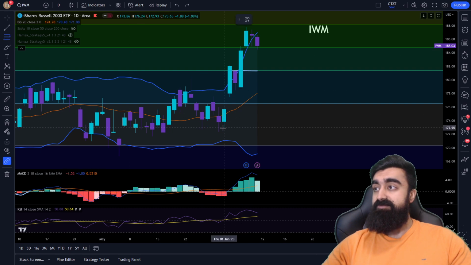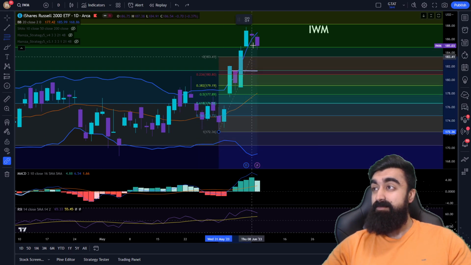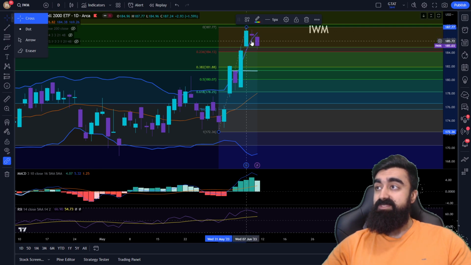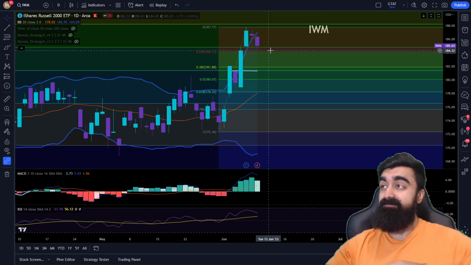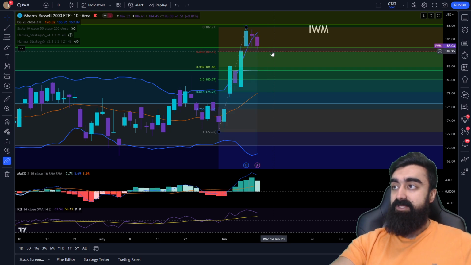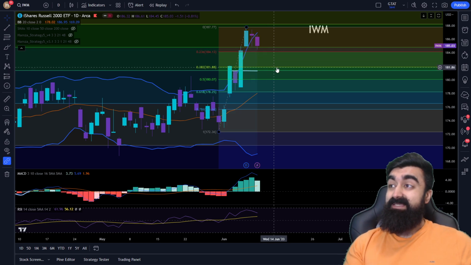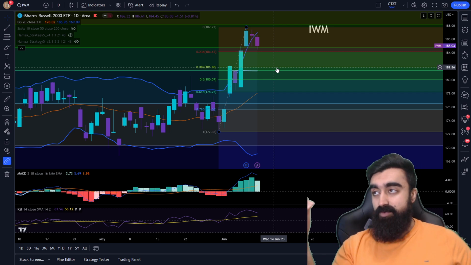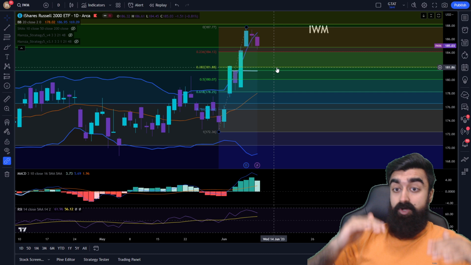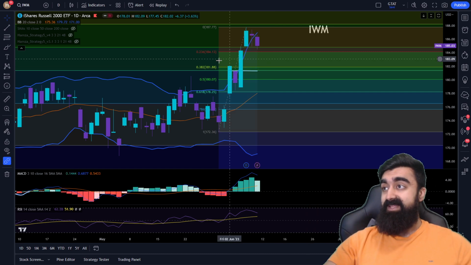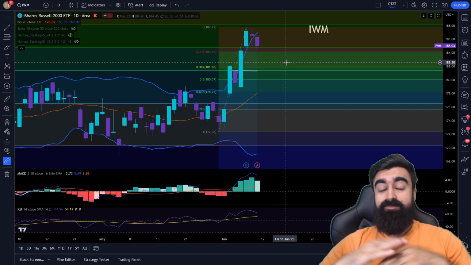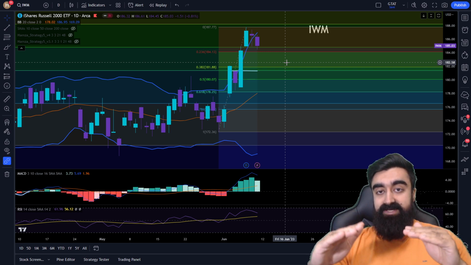What we can do to further look at this is we could take a fib level from the recent lows to the recent highs, and we can see that at 23.6% fib, we haven't even come and retested that level yet. But in general, it makes sense to come and retest the 38.2% fib, which again is even below 182, 183. That's at 180, 188. And a retest of the 38.2% fib is a healthy retest.